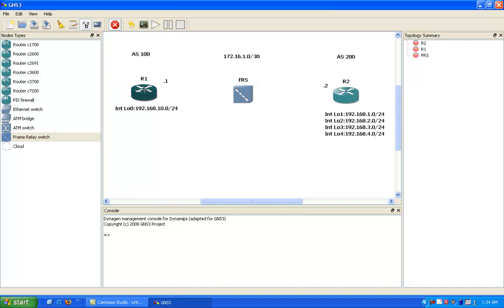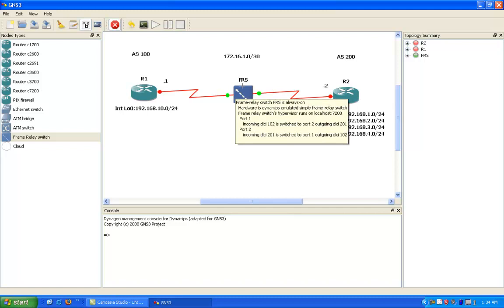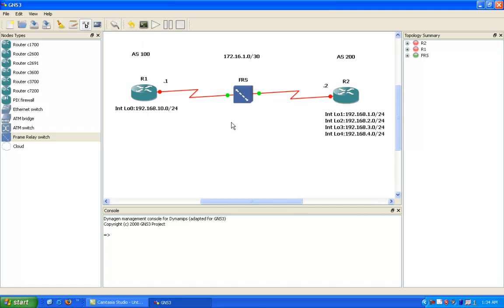So the next thing, we're going to click on the links. We're going to click on R1. We're going to click on the frame relay switch port 1, which is going to be DLCI 102, and then for router 2 we're going to be using a serial connection from R2 to the frame relay switch. We're going to be hooking into port 2. Port 2 is mapped again to DLCI 201. So now that we have the DLCI connections mapped from the routers to the frame relay switch, we'll go ahead and start the router